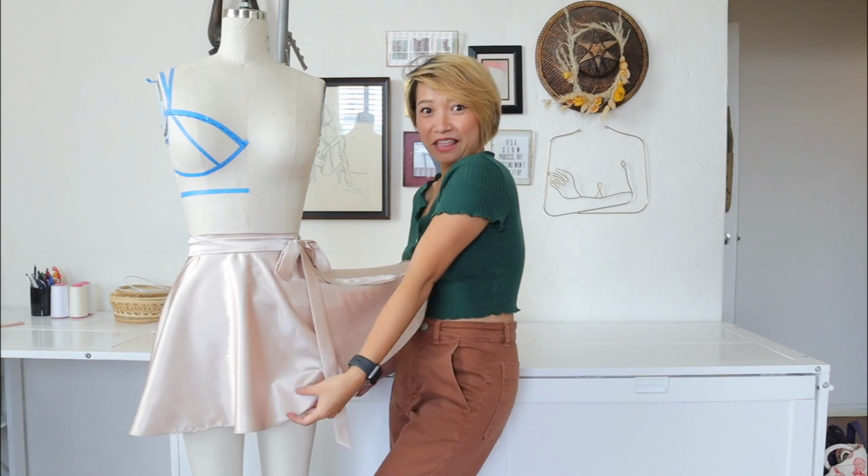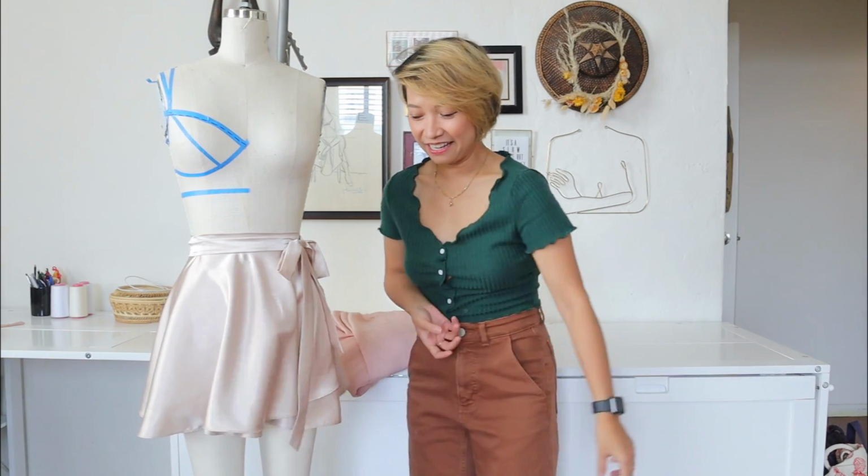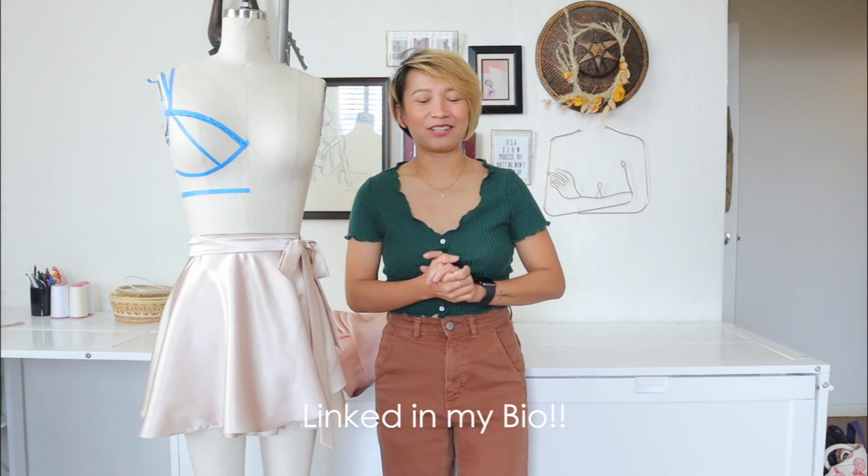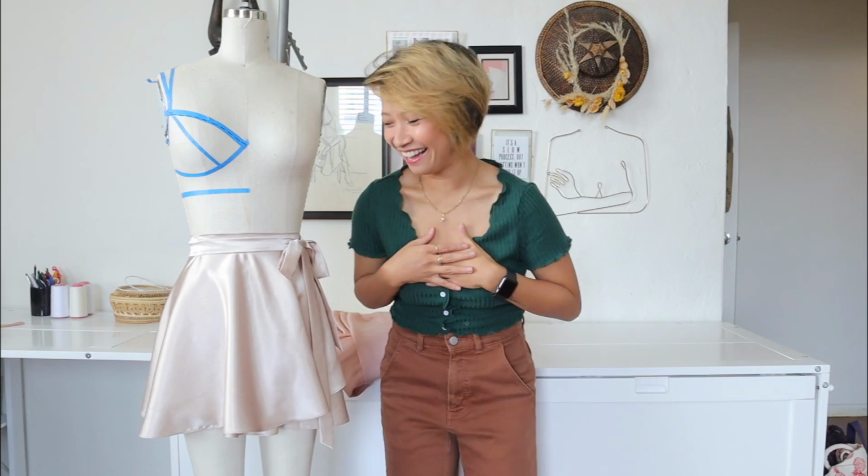So today we're going to recreate the ballerina skirt that I did 3 years ago. Can you believe it? It's crazy. So we're gonna be doing it with the digital pattern that I created for you guys. I know it took 3 years, but hey, all that matters is I'm here, I am back, stronger than ever, I hope. Okay, anyway, so we're gonna recreate it, except I am out of this fabric